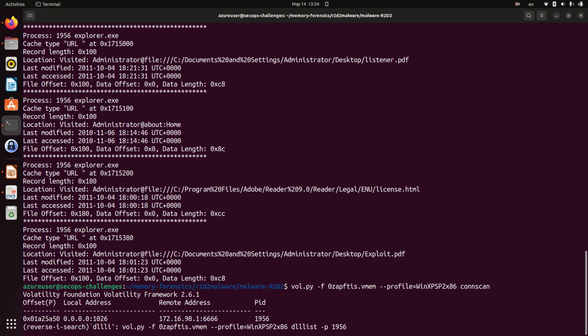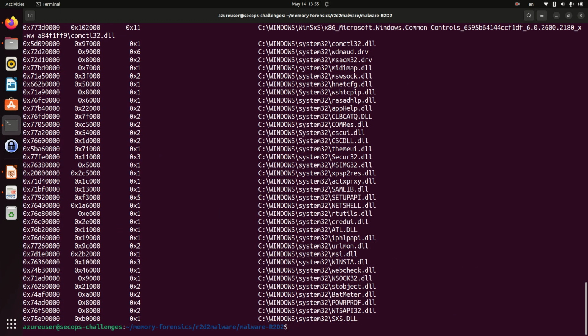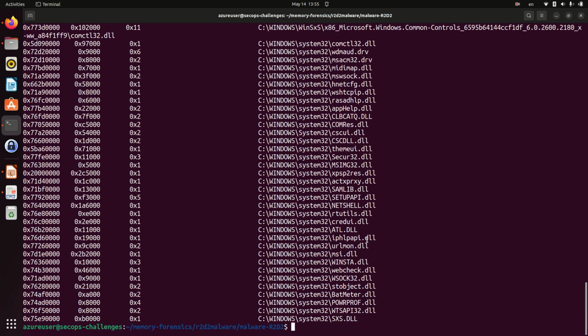start with listing the DLLs of this process. I use dlllist and -p with the PID of that process. Probably something has been injected in the process, and that's how the attacker is able to initiate that connection. Usually when an attacker gains a foothold and runs their code, they migrate to a non-malicious process so they can hide there. Probably this happened in this case. These are the DLLs of the explorer.exe. We can dump these DLLs, analyze them, or we can compare the list with the normal DLL list that